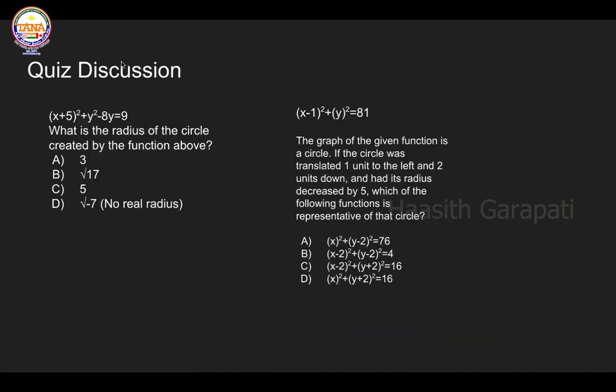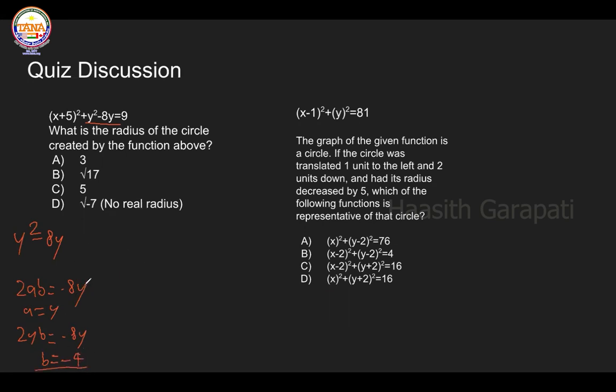Okay, now for the next question, this is going to be completing the function question. Thankfully, you only have to do it for the y portion. Let's complete the y function. y squared minus 8y. 2ab is equal to -8y. In this case, a is equal to y. So 2yb is equal to -8y. b is equal to